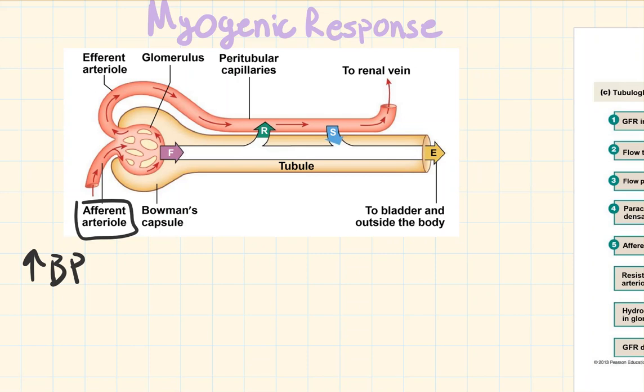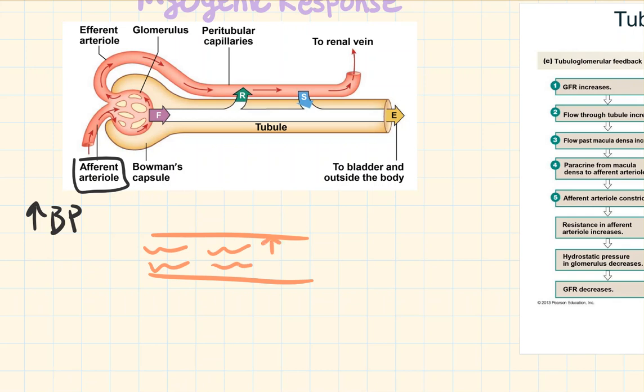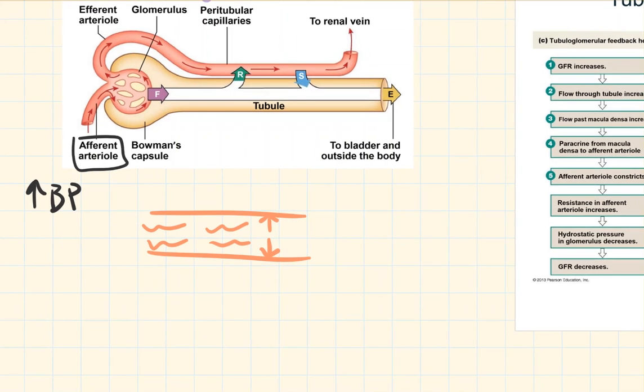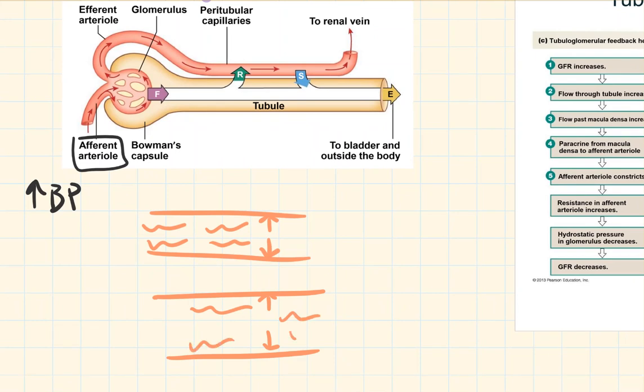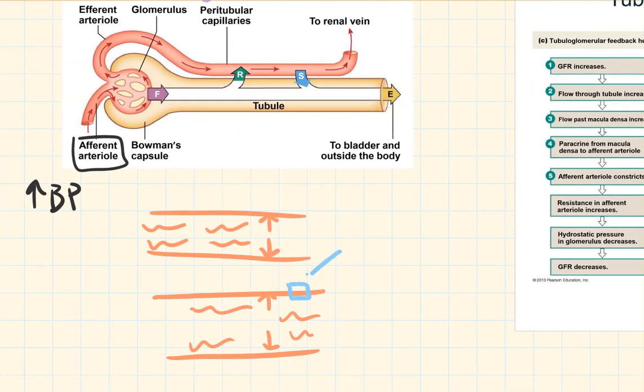So if you have a spike in blood pressure, what will happen is, if this is our afferent arteriole, so if you have increased blood pressure through this tube, well, that blood is going to exert a pressure on the walls of that vessel. And when it exerts that pressure, that vessel will expand. So you will get expansion. It will be physically stretched more by the increased pressure. Well, when this vessel gets physically stretched more, in the walls of these vessels, we have mechanogated